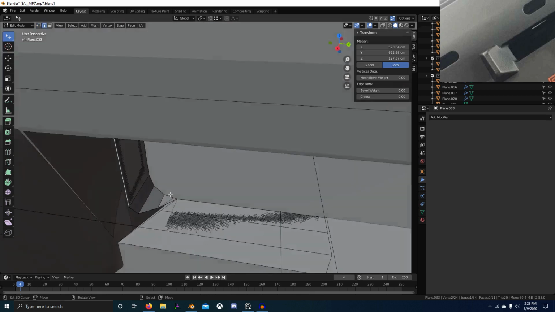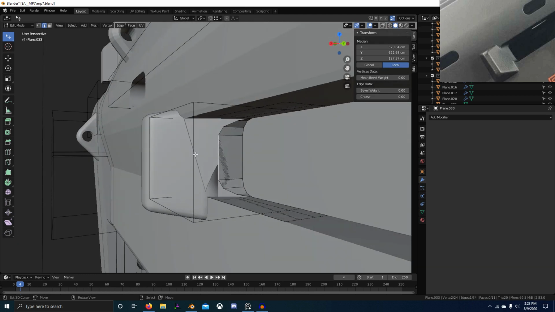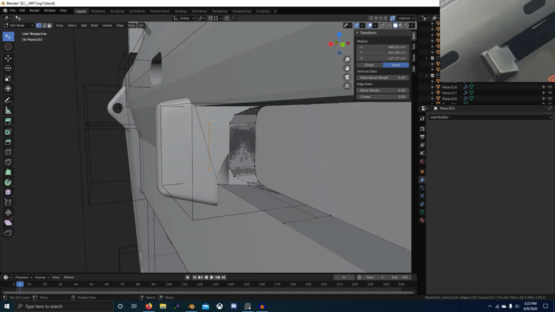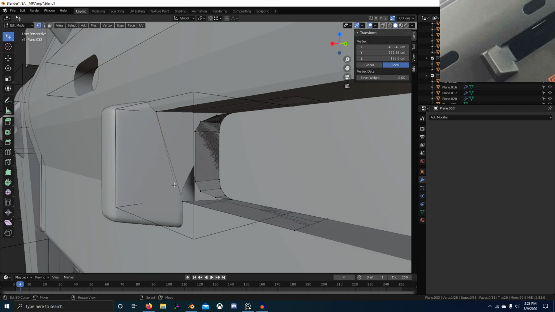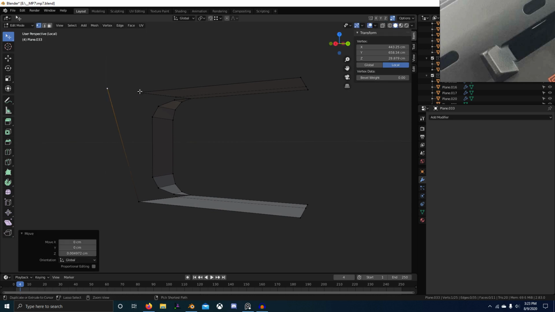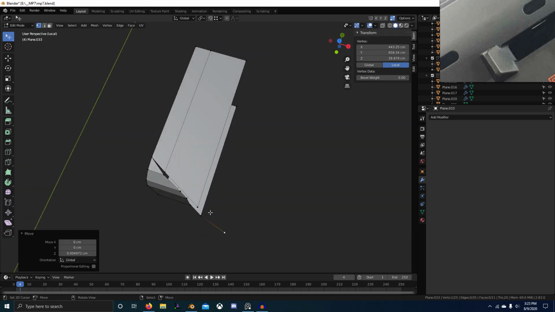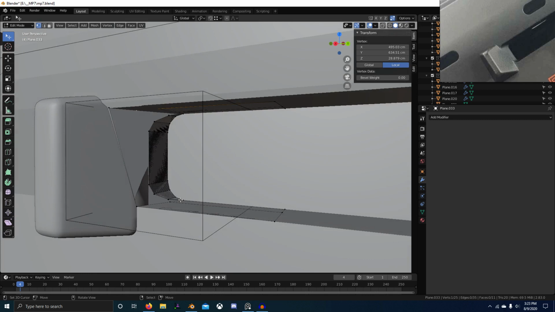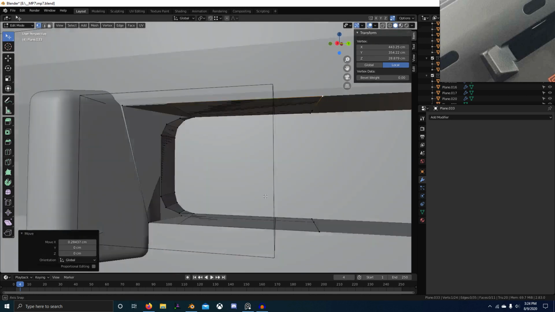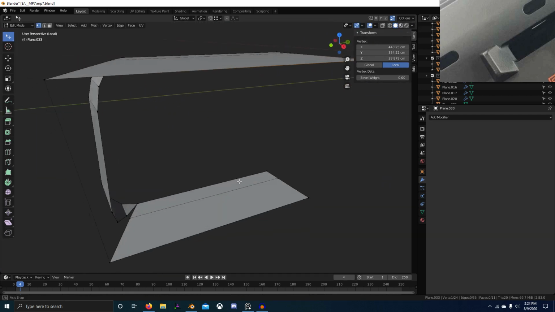And now we want it to come out to, or actually we want to duplicate this, bring that to like there, and that to there, but this still needs to be on the same like Z coordinate. Then bring that to there. Alright, now